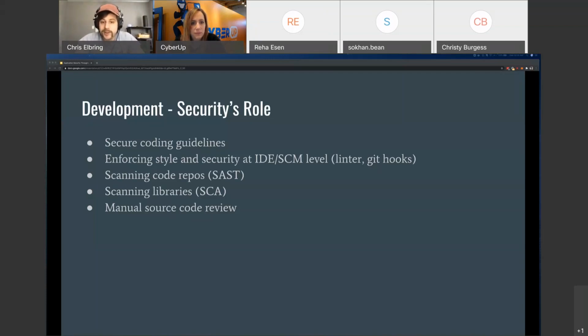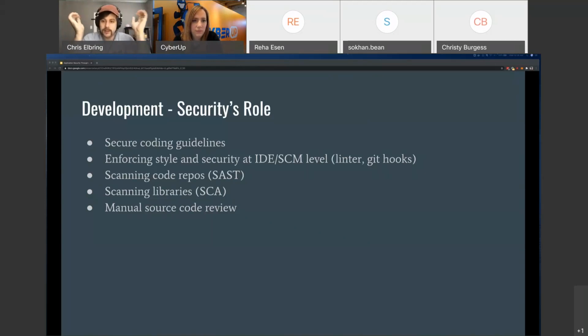And so you probably aren't going to be able to do it for everything, but if there's super critical functionality, you may want to bring in someone who's an expert in the language and have them look at it, especially if it's a language for which there isn't a whole lot of tooling. Like with smart contracts, which are programs that run on the blockchain, right? There's very little Solidity code scanning and stuff. So a lot of times you might have to bring in an expert to actually review